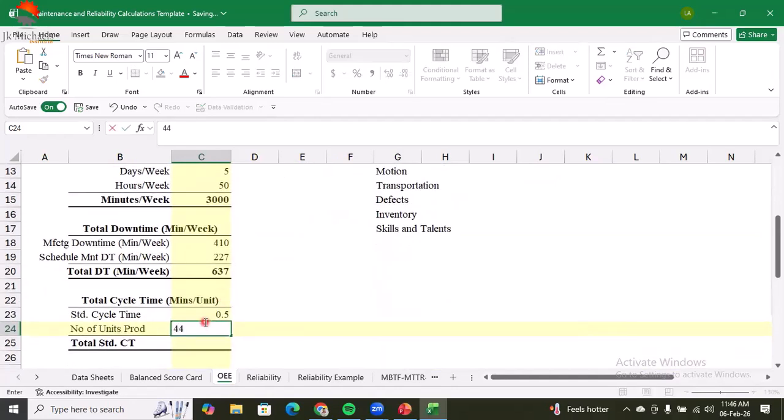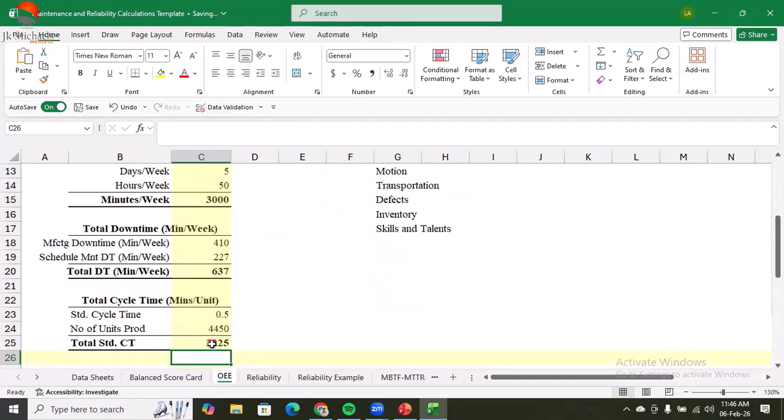So the total standard time for producing these units will be 4,450 units multiplied by 0.5, and that gives us 2,225 as the expected number of minutes to be able to produce